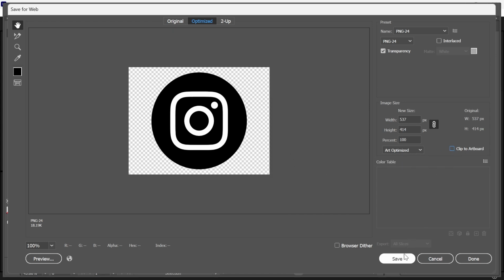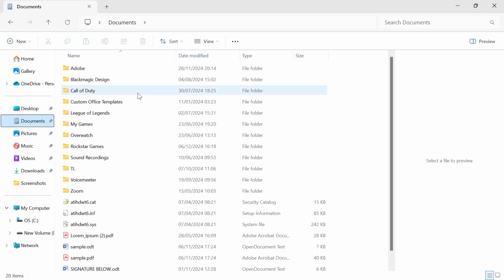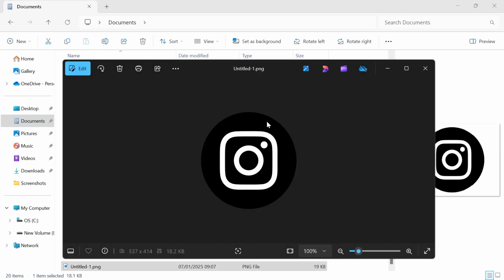So once you're happy, just click on the Save button, select where you want to save this and give your file a name and press Save. And now if you head over to your documents and find that file that we just saved, you can see we now have this saved with a